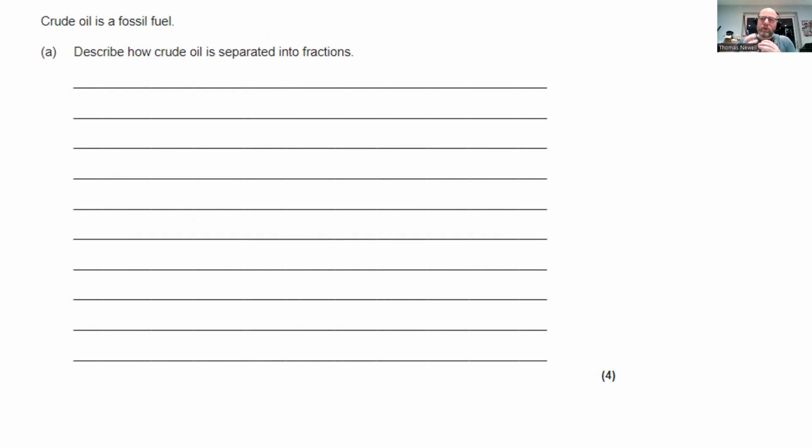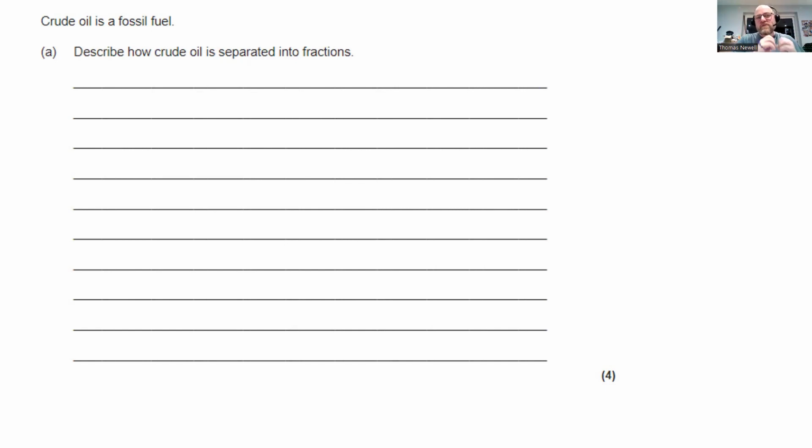What happens to the crude oil when it comes in? What was the first thing we do to that crude oil? We vaporize it and turn it into a gas, and it rises up the tower. So then it rises up. That could also be a mark. What happens next? The tower, what's the temperature like? Can you remember the temperature? It's hotter at the bottom, colder at the top. That's another mark. Or you can say it has a temperature gradient.